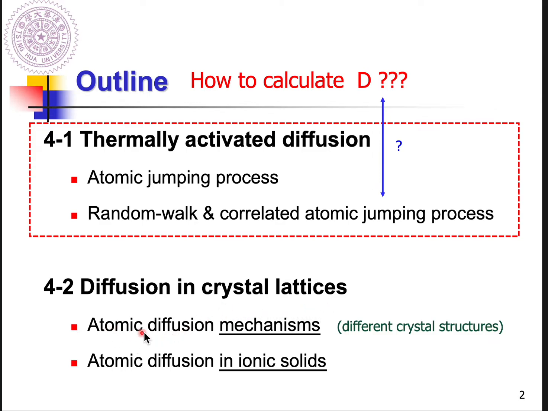First of all, we are going to introduce several diffusion mechanisms in crystals. In this part, we put more effort on metals. And the second part, we talk about the atomic diffusion in ionic solids. What's the difference between the diffusions in metals and in ionic solids? In ionic solids, we need to pay attention to the concept of charge balance, especially during